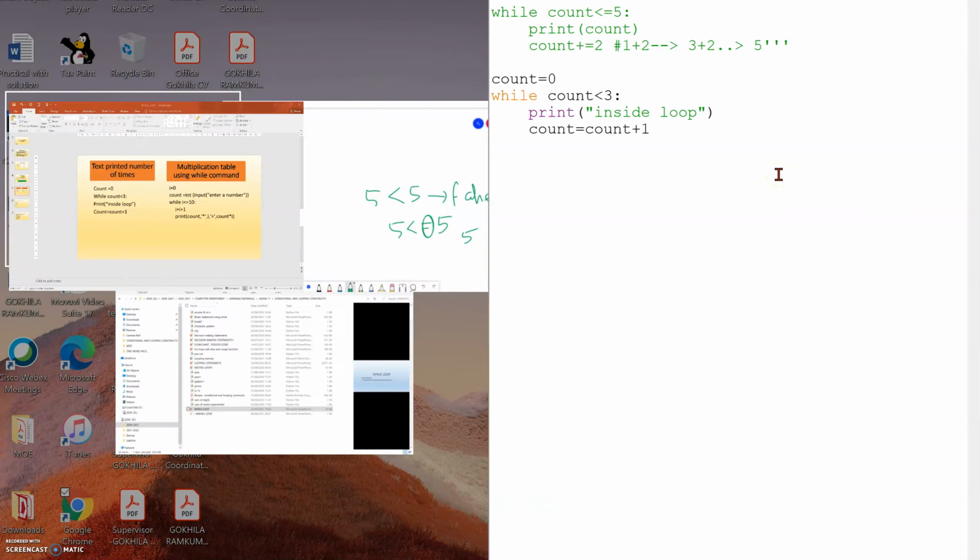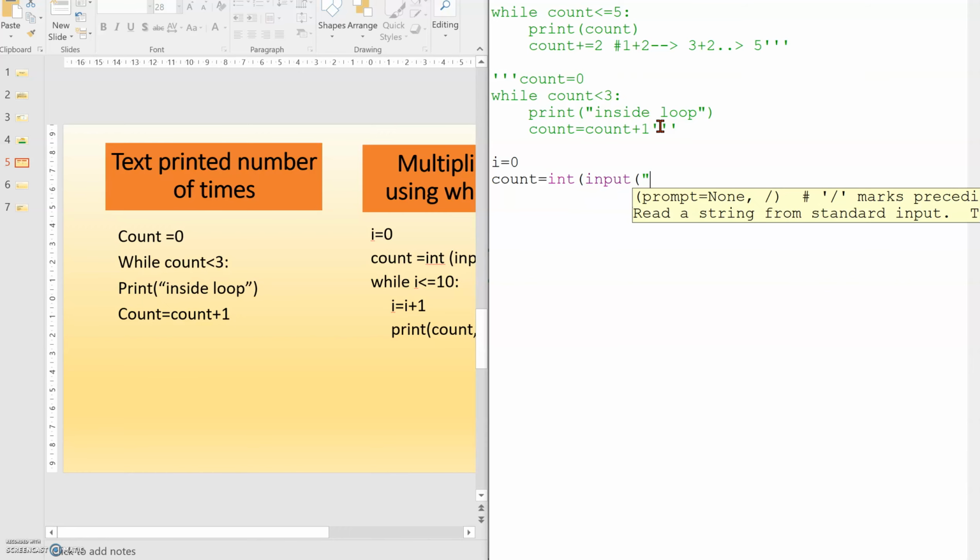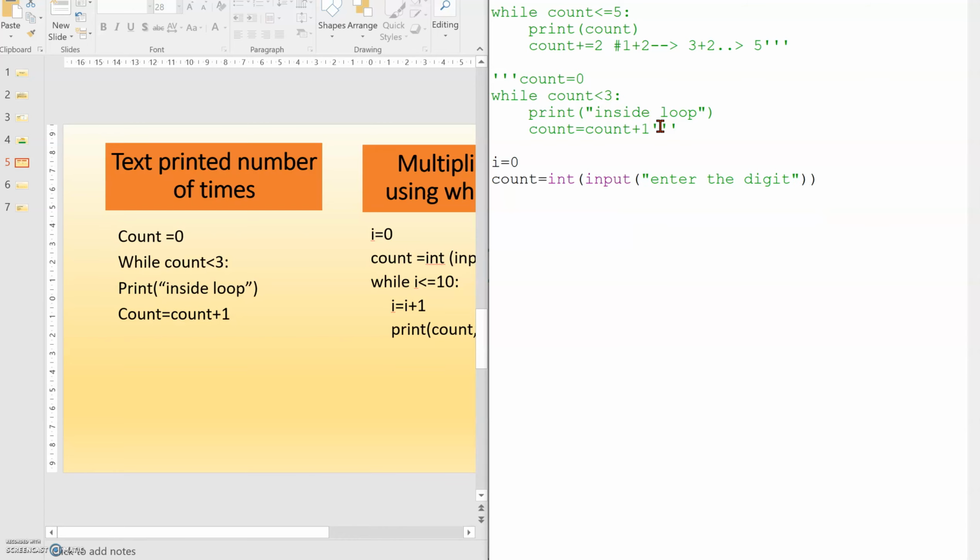So very simple program we are making now. Here i is equal to 0, then count is int input, enter the digit, which digit you want as a multiplication table.